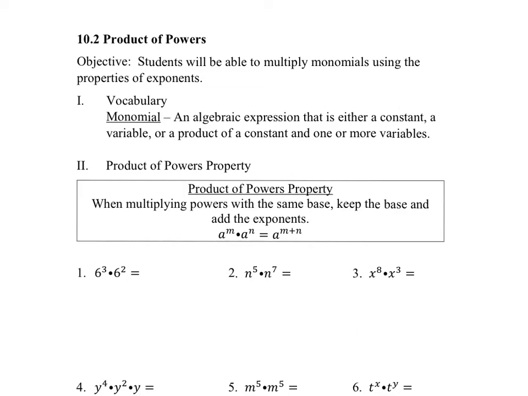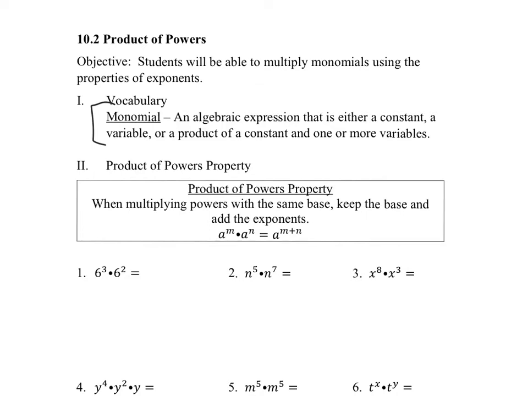Today's lesson is on the product of powers. One piece of vocabulary is something called a monomial. This is an algebraic expression that's either a constant, like 1, 2, 3, a variable, x, y, z, or the product of a constant and one or more variables. So x, 2x, 5x squared, 5mn, something like that. So these